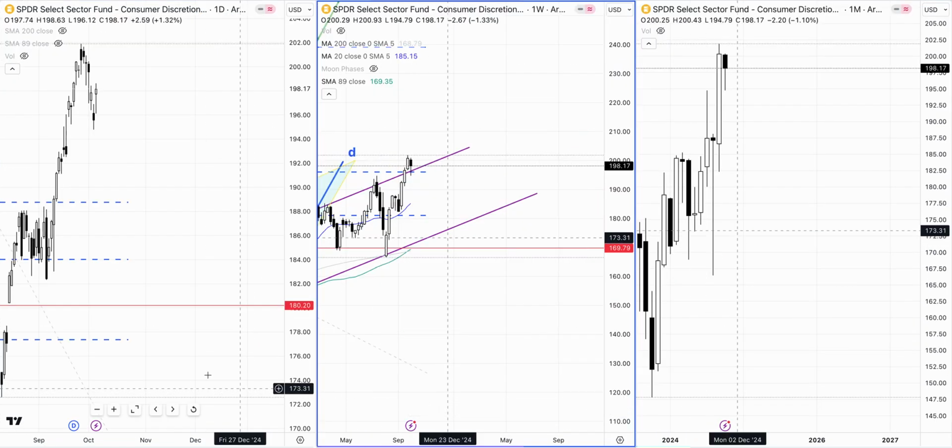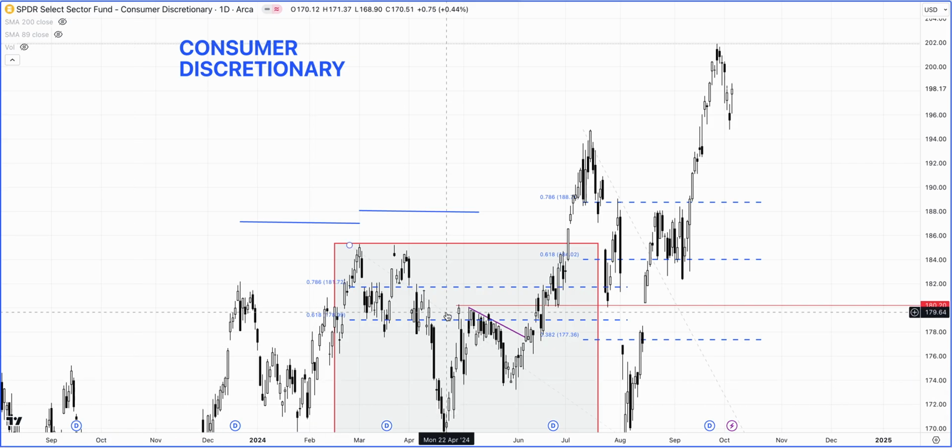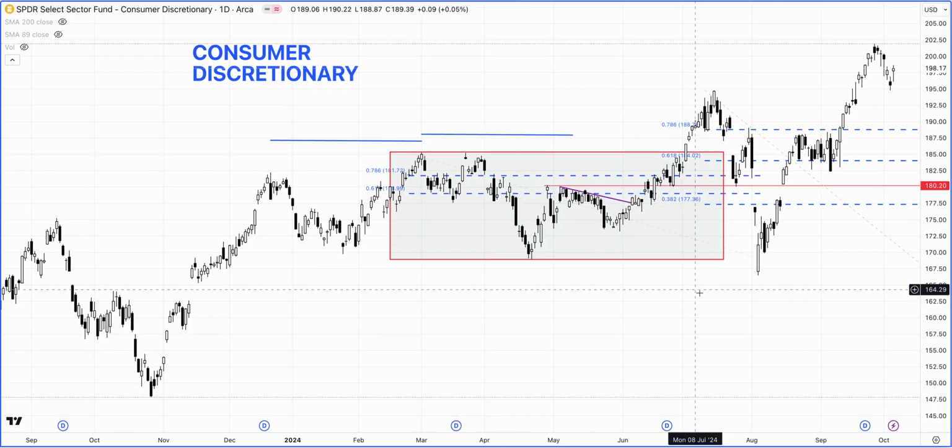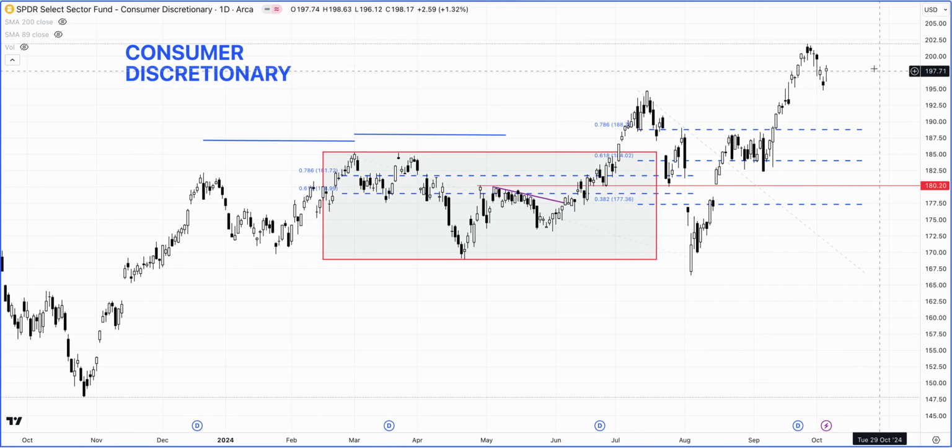And on the daily chart, here we go. Now this is really interesting. Why it is interesting from my perspective is because we had the yields go up pretty much all throughout the yield curve tenors, but the consumer discretionary last Friday closed higher. So that's really interesting. This means that maybe what the treasuries have done is more of a knee-jerk reaction, and over time the yields are likely to come lower, and that is also my opinion.